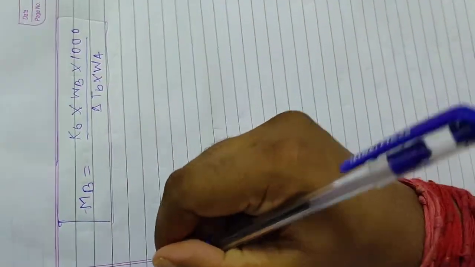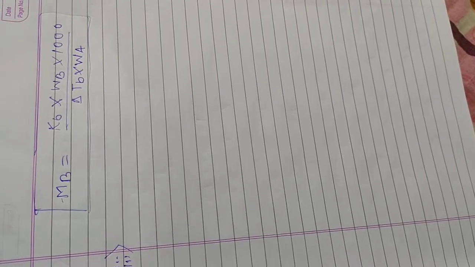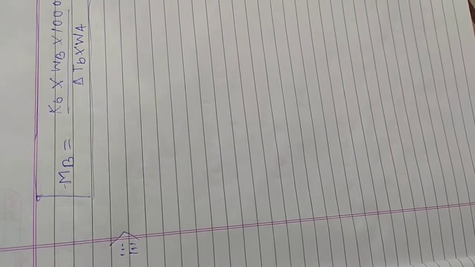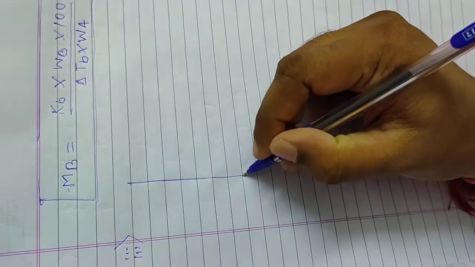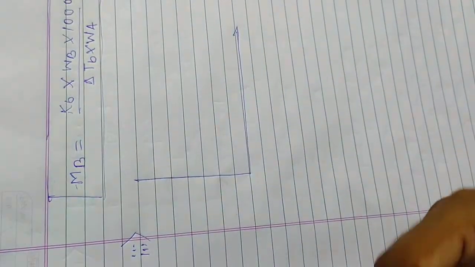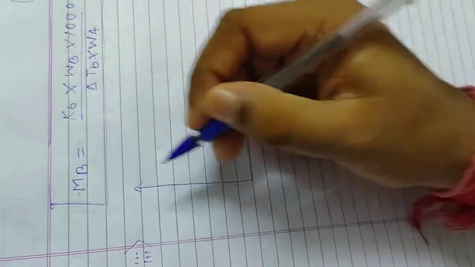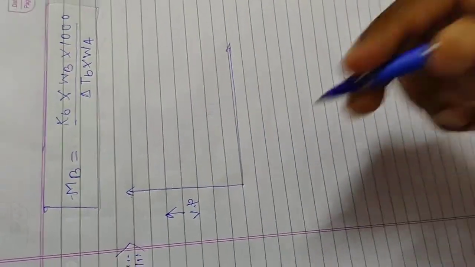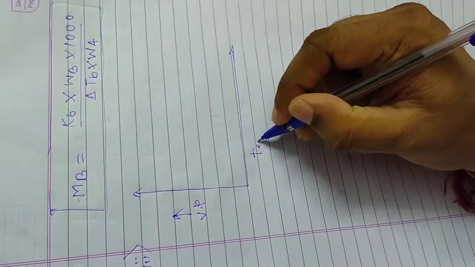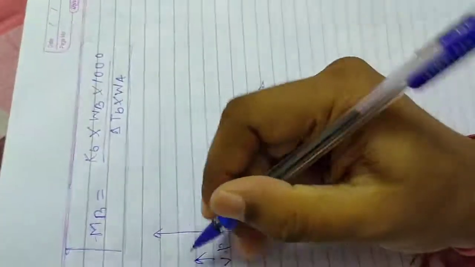Now let us come to the third point, which is depression in freezing point. Whenever a non-volatile solute is added to a solvent, boiling point increases and freezing point decreases. In that case, we get a similar curve like we have got in the case of boiling point elevation. What is the difference? There must be a difference. This is why they are called with different names. If this is vapor pressure and this is temperature, then we get this kind of curve.